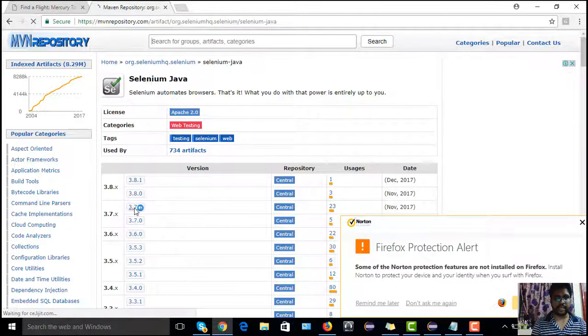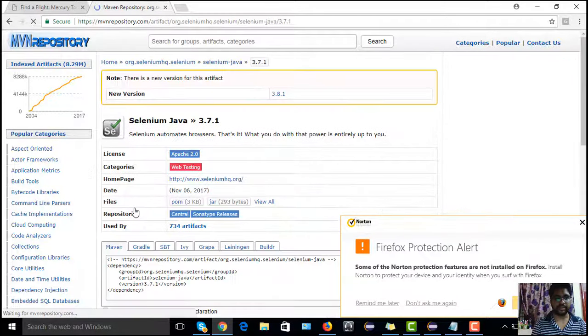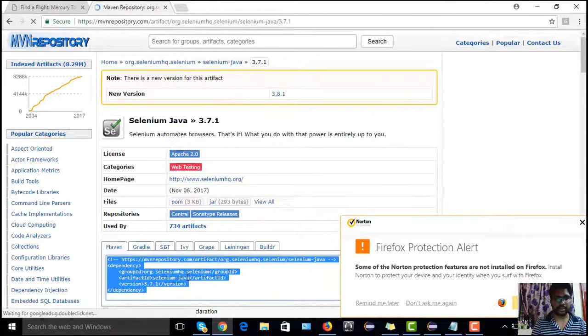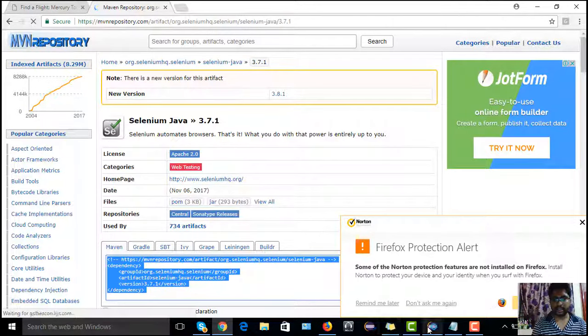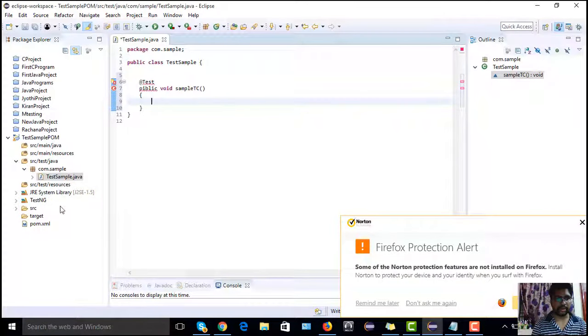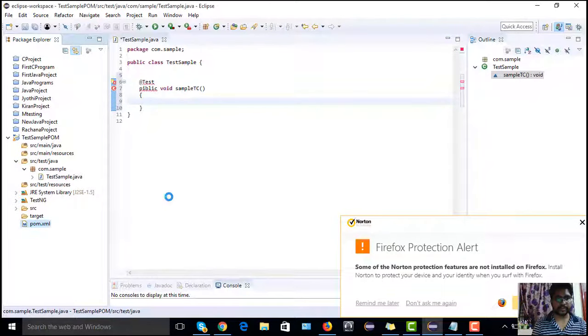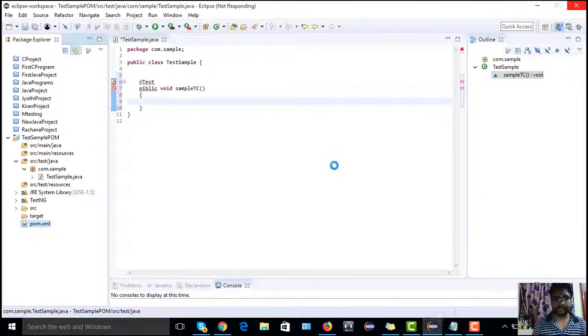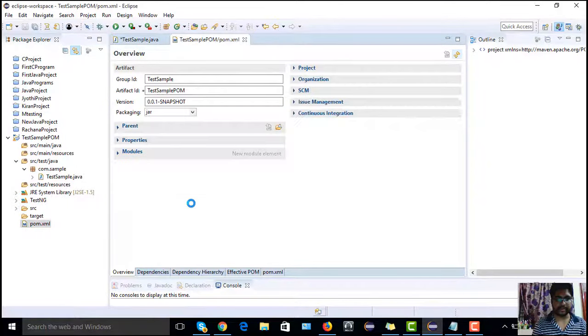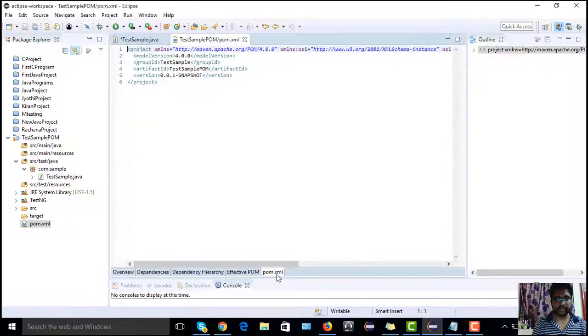Probably you can take the latest stable version, copy it, and go to your Eclipse editor, open your pom.xml. It takes some time to load. Yes, here you will have a pom.xml file.